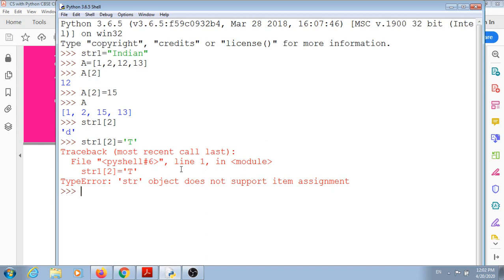So str object does not support item assignment. So this is the basic difference between a string and a list. Lists are mutable, whereas strings are immutable.